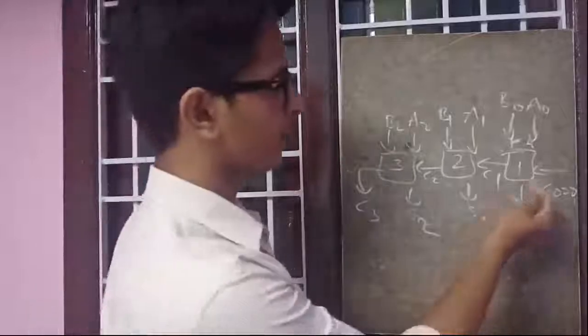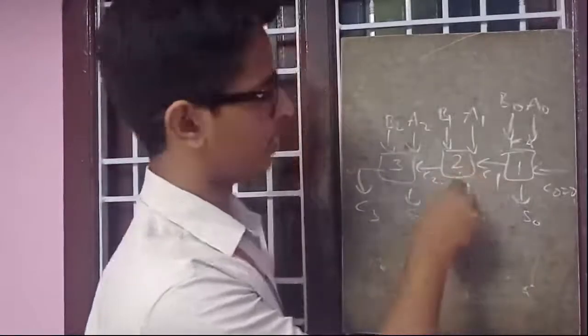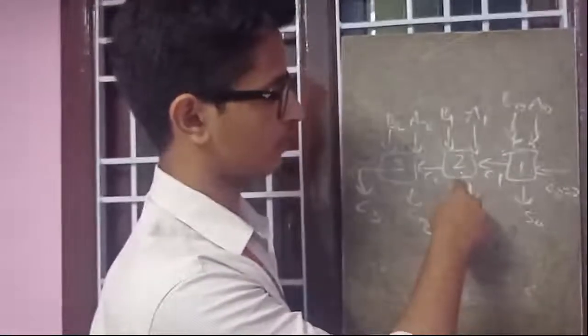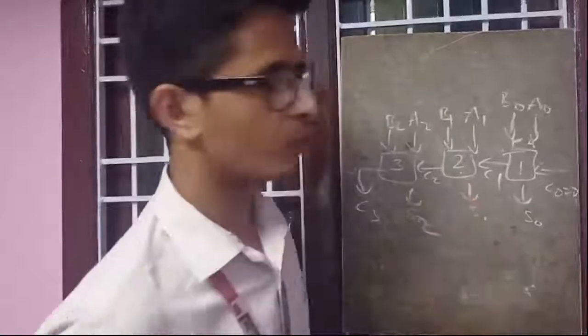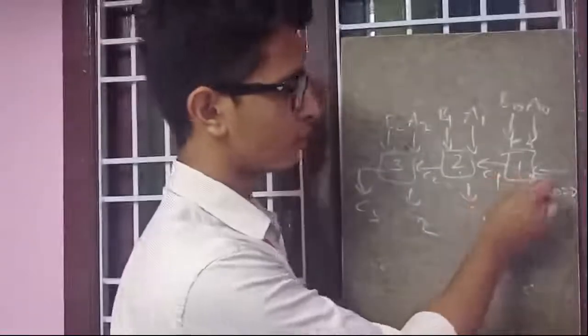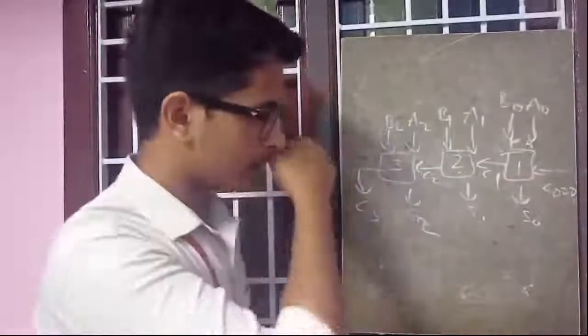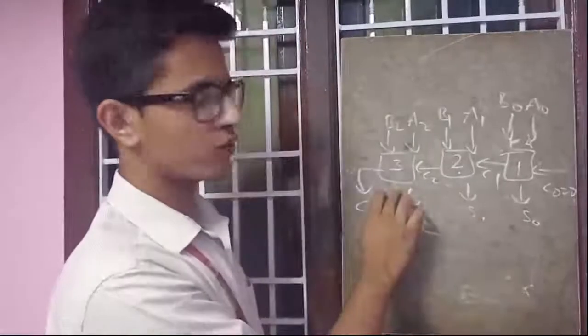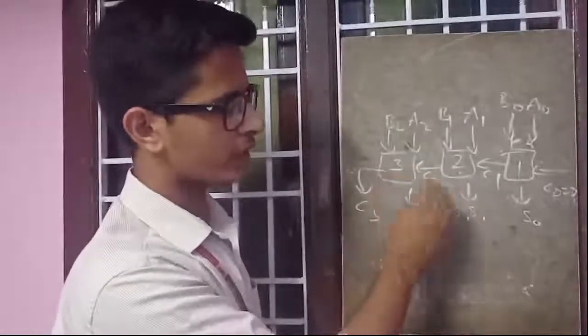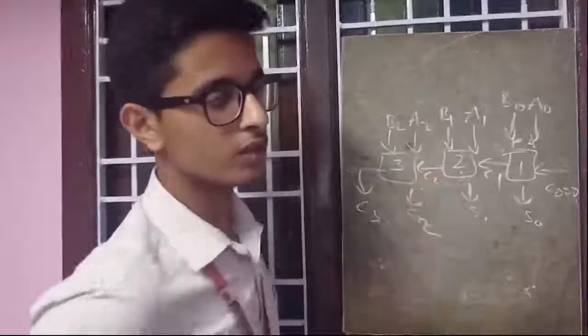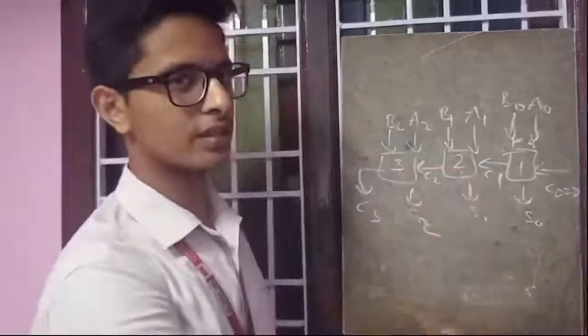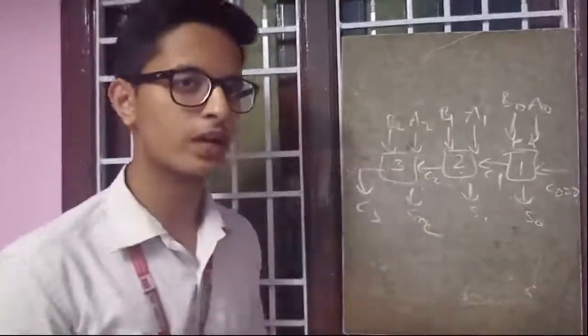If you look here, for the functioning of full adder 2, we need to wait until the carry from full adder 1 comes. So, there is a delay in time. Similarly, for full adder 3 to function, we have to wait for the carry from full adder 2 to come. So, to prevent this time delay, we use the concept of the carry look-ahead adder.